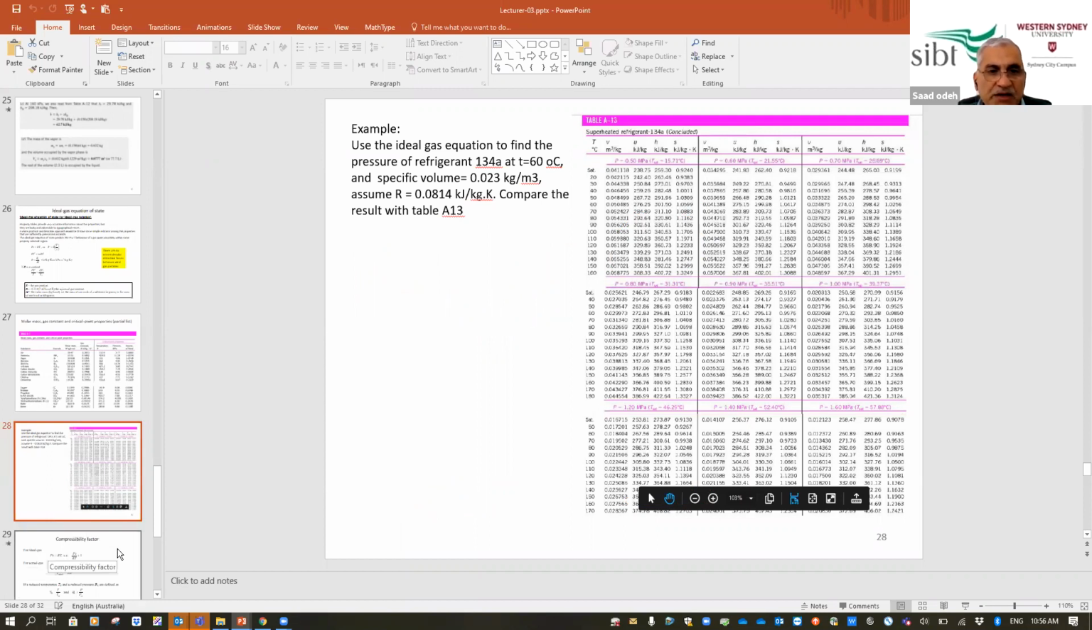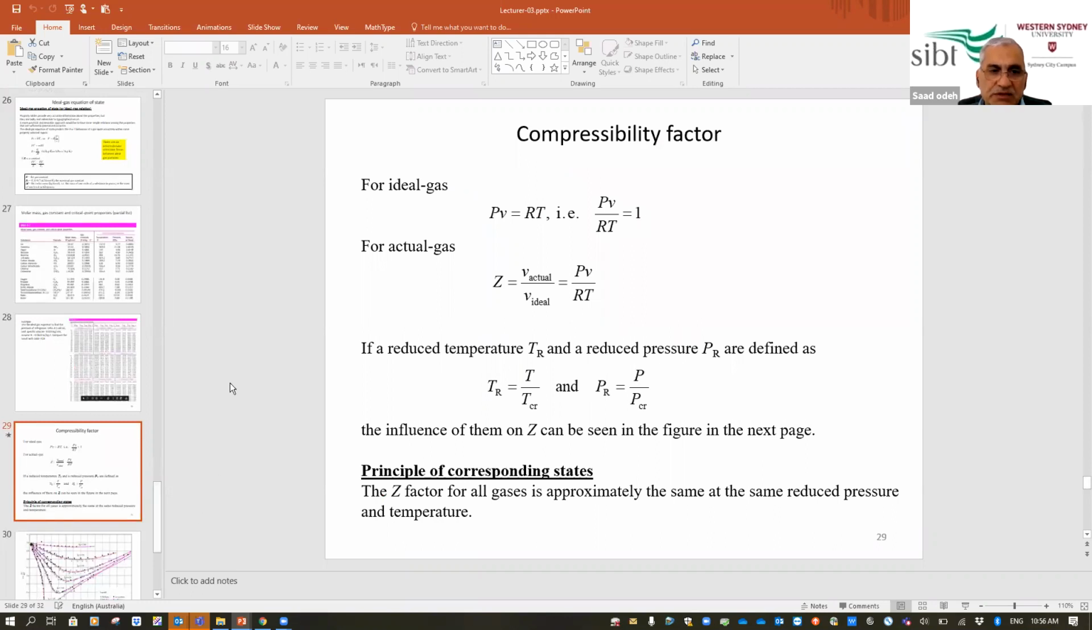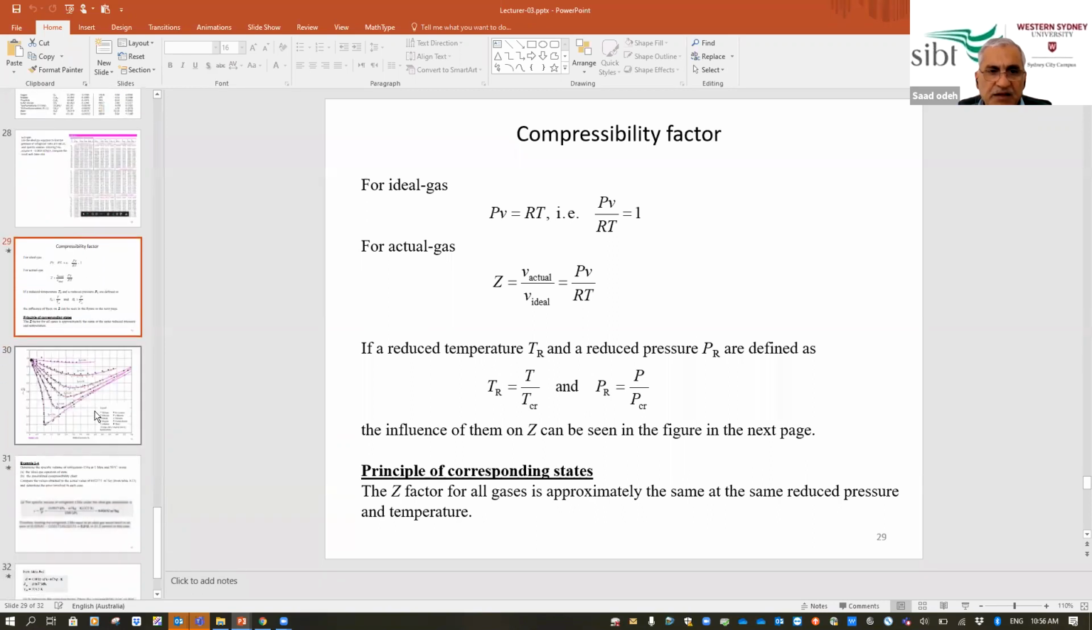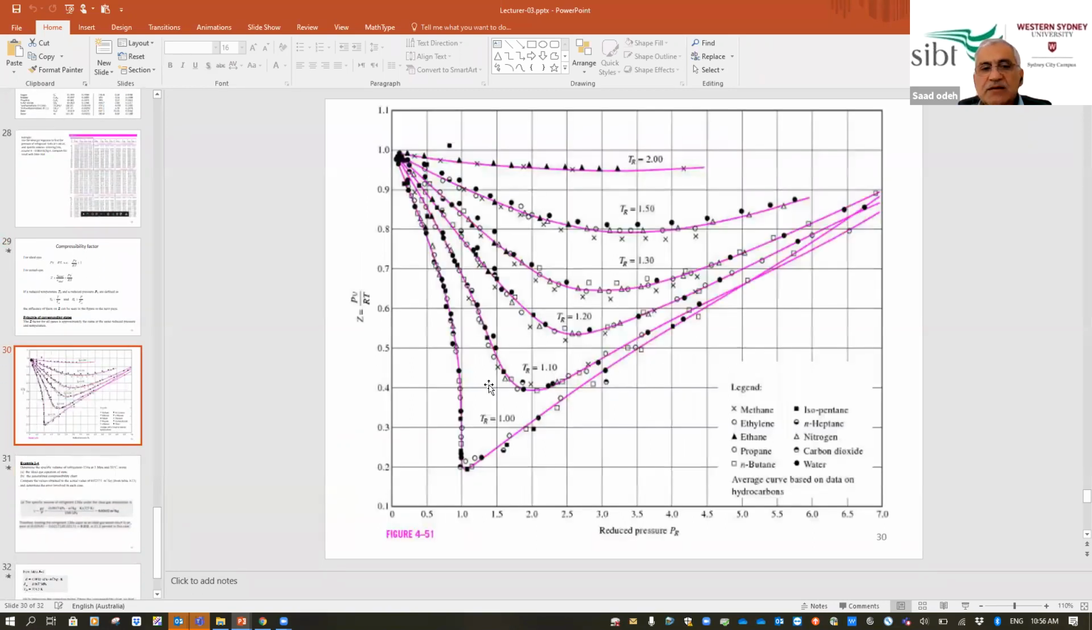There are other ways to find out the properties of ideal gases. I will not go into details. There is what they call the compressibility factor, and this is based on what we call reduced temperature and reduced pressure. There is a special chart here, and this chart is quite complicated. But again, this is for future studies. If you have a research project you want to work on, and you want to find the value of